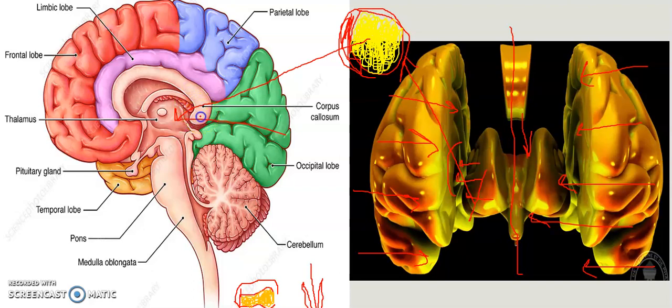Then this is the cross-sectional view of our corpus callosum. This is the corpus callosum, when we cut it into two. Then this is the hypothalamus. Our hypothalamus is in this view inside the brain without cutting. But when we cut the hypothalamus into two, this view can be seen.